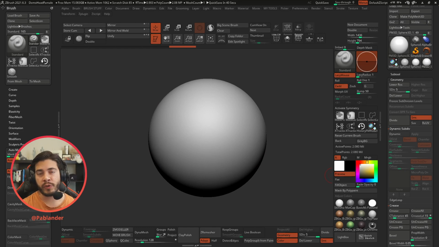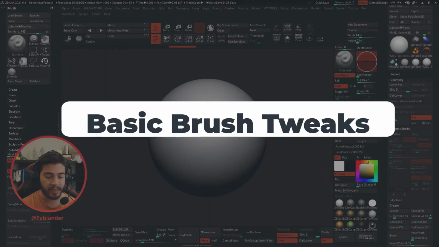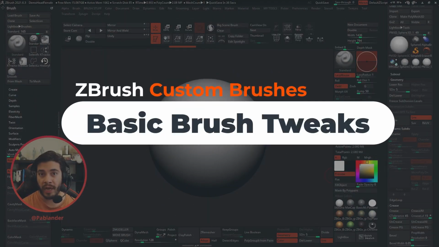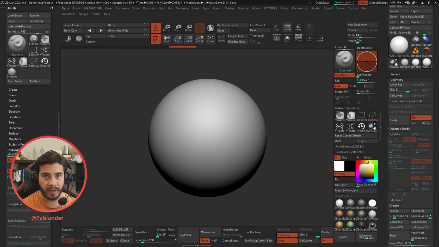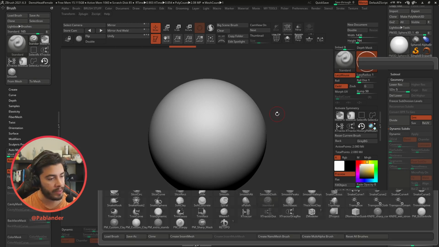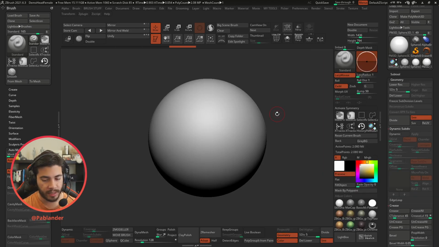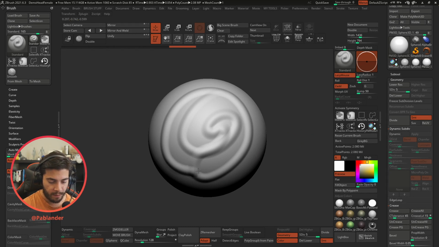All right, so the first part of this tutorial is to walk you through the simplest attributes that you can change in your brushes to alter the effect of the brush. We're going to take the standard brush, which is the one that I currently have selected. You can access it by pressing the letter B, then S, and then T. That's kind of like a quick filter for that brush. And this is essentially the effect of that brush. Pretty straightforward, right? I'm going to undo that.